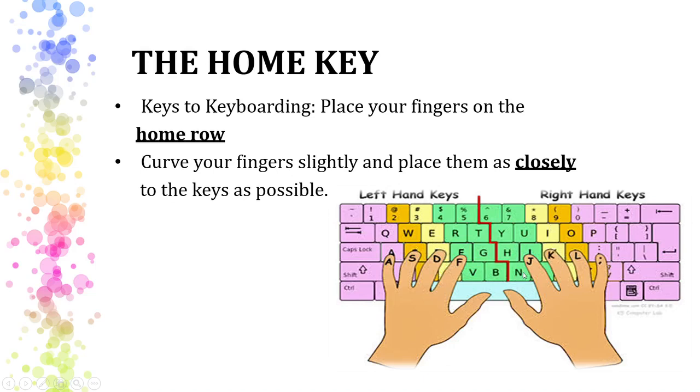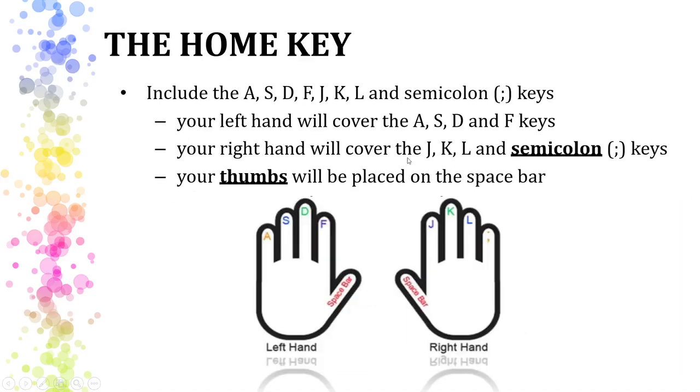We saw how we write using both hands, placing them on the keys, and the names of the fingers, right? This is our thumb, so we can call them thumb, first finger or index finger, middle finger, ring finger, and this is the little finger or pinky finger, right? These are our finger names that we saw in the previous lectures. So the home keys include A, S, D, F, J, K, L and the semicolon keys, which you can also see in the hand positions.